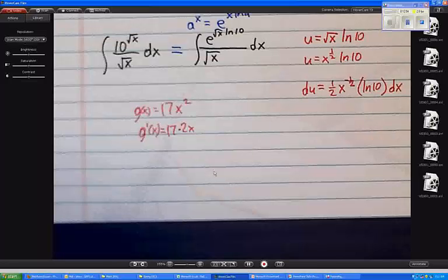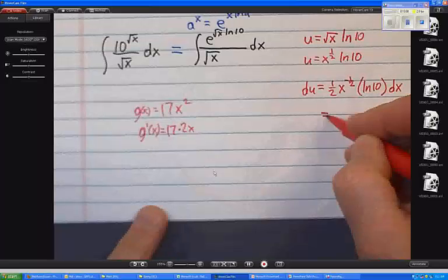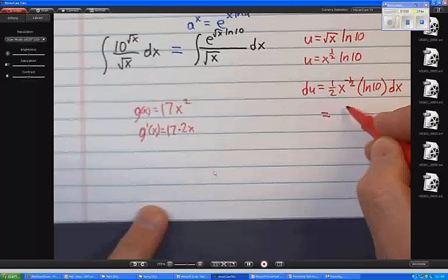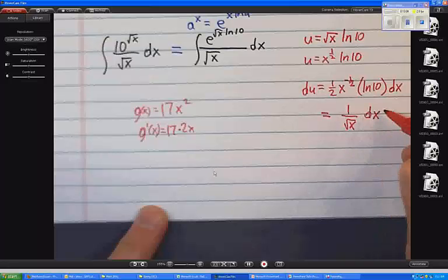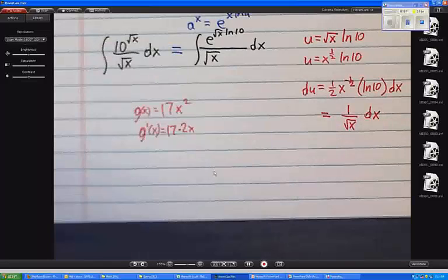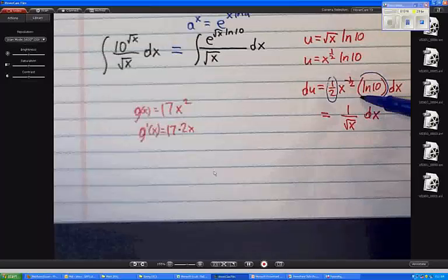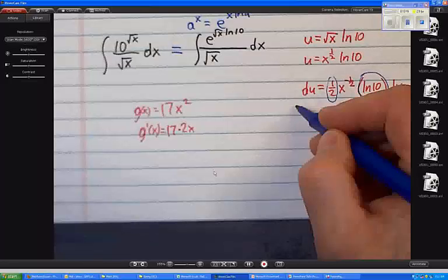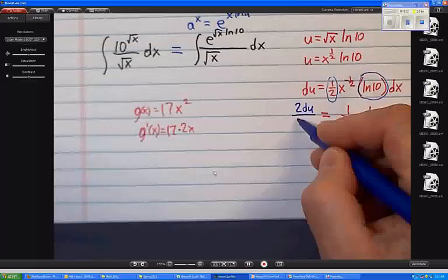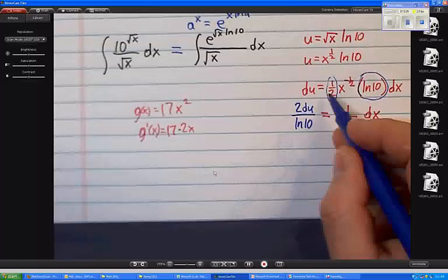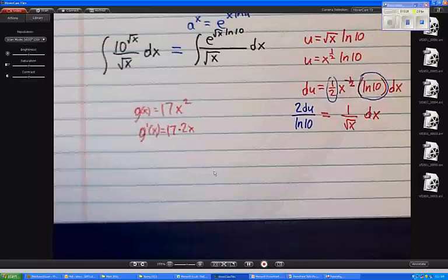1/2, right? I mean, another way to write du, I guess, let me write down what Ryan was just saying. He said what we have is 1 over the square root of x, and we have our dx. But what I don't have is this piece and that piece. So I guess what you have is 2 du over the natural log of 10. I have to multiply by 2 and divide by the natural log of 10. And now I have what 1 over square root of x dx is. So I'll be able to substitute in for this stuff